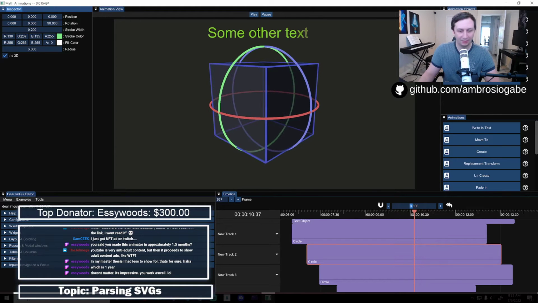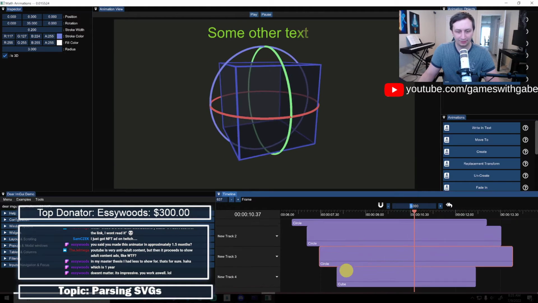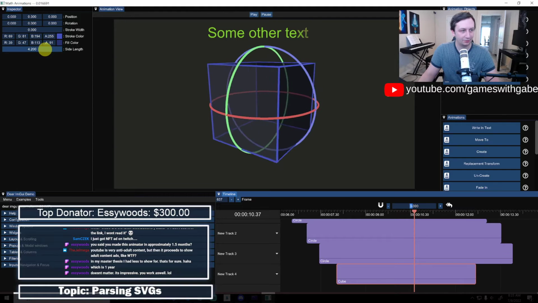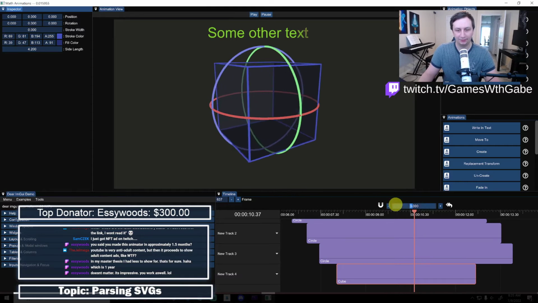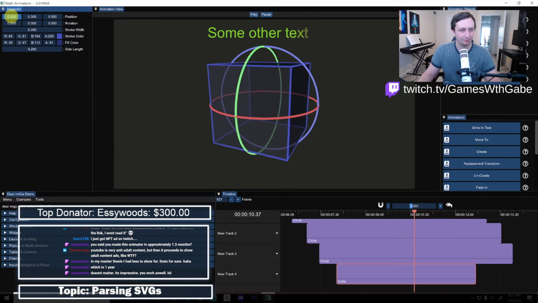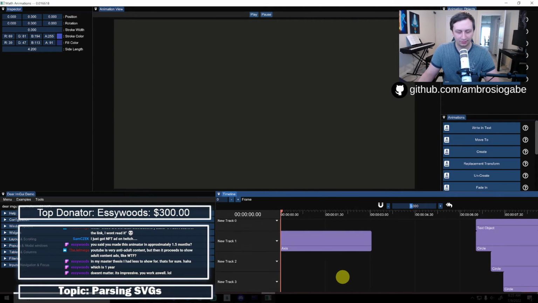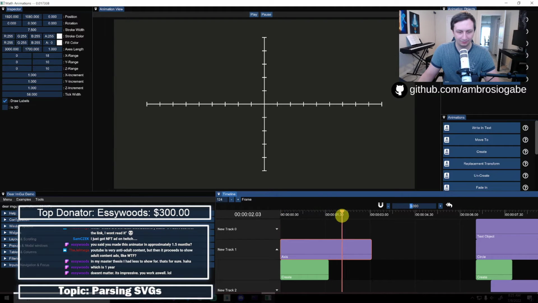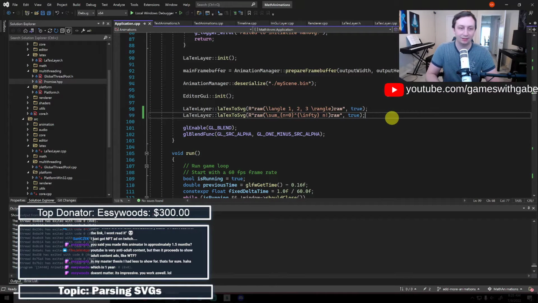But yeah, let me turn on my cursor highlighter too, so you guys can actually see what I'm clicking. So yeah, there's that. And then I've got the cube here. You can, of course, change the length of the cube, make it bigger or smaller and all that stuff. You can also move it around, so I can push it in 3D space, which is pretty cool. And those are kind of the bigger things. I also fixed a couple bugs with the timeline where it would kind of break. So that is good. And now I am working on LaTeX parsing, which is kind of the last big thing. And then I've got all the primitives set up so that I can really start doing more with this stuff.